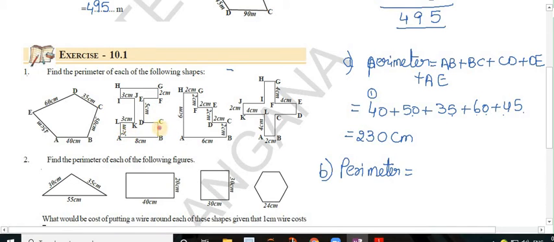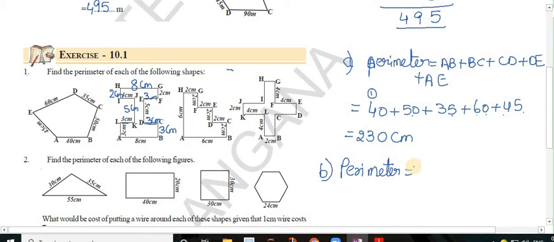So AB is 3 centimeters, then automatically BC also 3 centimeters, and AB is 8, so GH also 8 centimeters, FG is 2 and HI is also 2, and ED is 5, so automatically KJ is also 5, and here KL is 3, then CD also 3 centimeters. So now we got each and everything, and this is 3 centimeters, so this is also 3 centimeters, and this is 3, this is 3, this is 5, this is 5, and this is 3, and EF also 3 centimeters, and 2 centimeters, 2 centimeters, 8 centimeters.